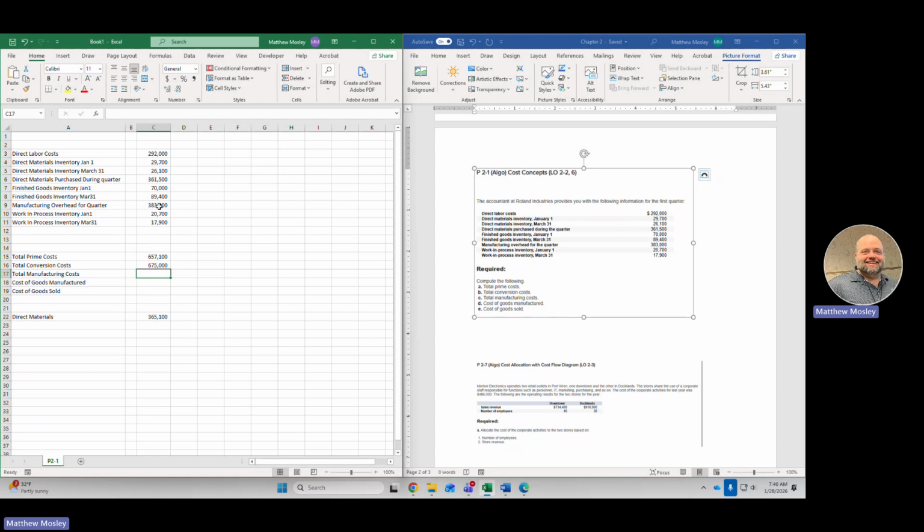Now, total manufacturing cost is going to be your overhead, your labor, and your direct materials,